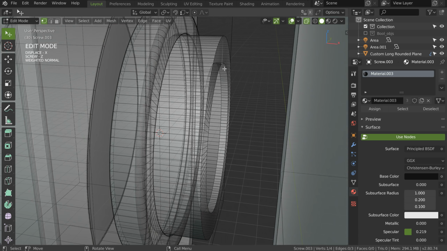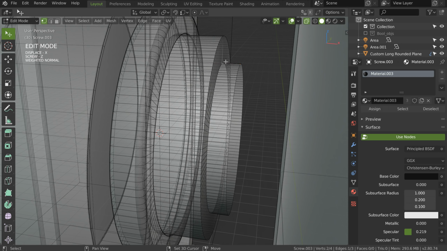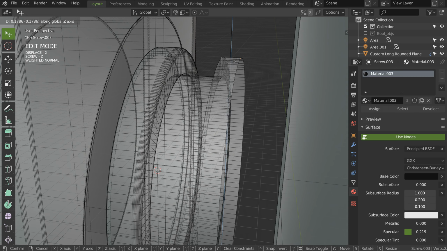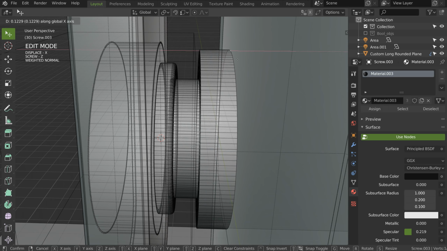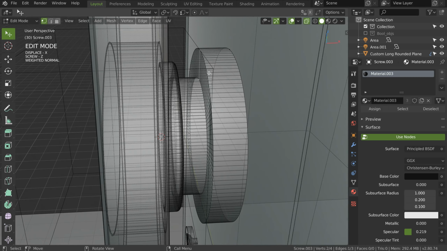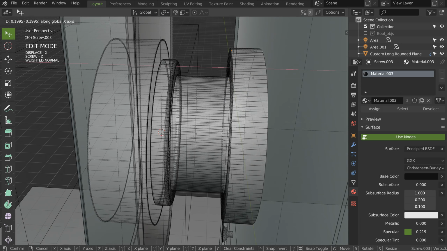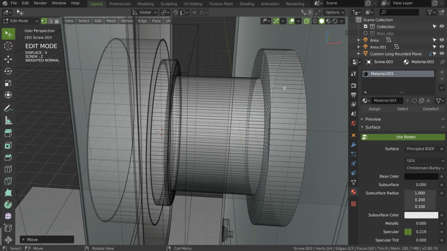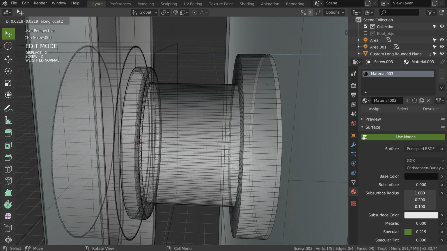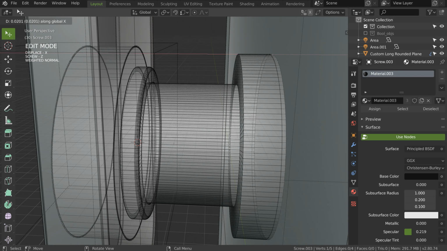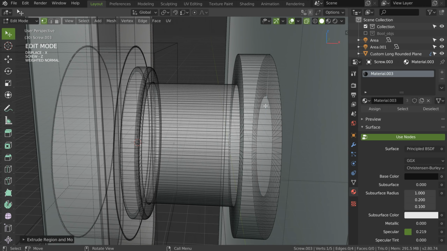So I will come here, I will remove this one, or maybe move it like that, and on this one, press G, move it like that. I want something like that. I will just move this one, and this one, and this one, and this one, in fact. Press G, move it here. I will press E, in the X axis, no, in the Z. I have some difficulties on this one.